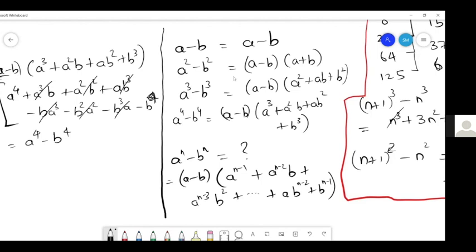Shiv Kumar, you are able to understand, right? Can you see that screen where he has written a cube minus b cube? So in the second bracket, the number of terms are how many? 3, right? In case of a raised to 5 minus b raised to 5, the number of terms will be 5. In case of a raised to 7, the number of terms will be 7. In that case, there will be one middle term still remaining.